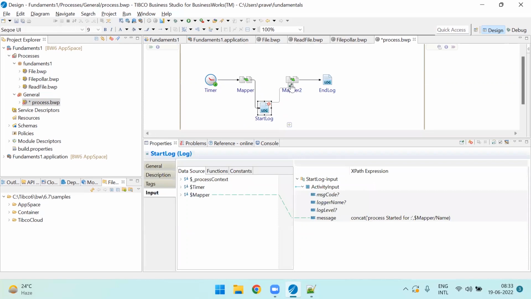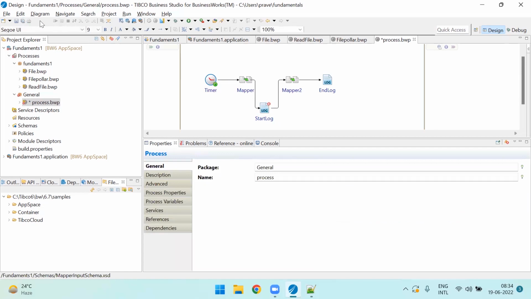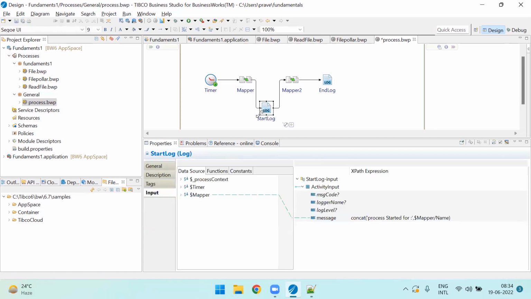The only reason I'm keeping it after this mapper is that I have done the mapping from this mapper. These transitions are unidirectional: they go forward, they cannot come backward. So I cannot use this mapper activity in the log when I keep the log before the mapper activity. That's the reason I've changed it to this location. So now if I run,